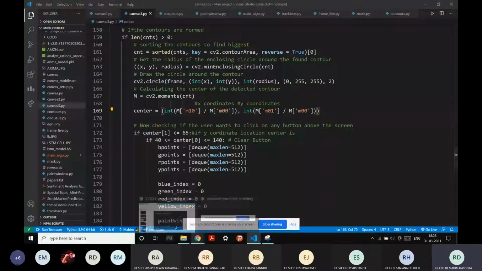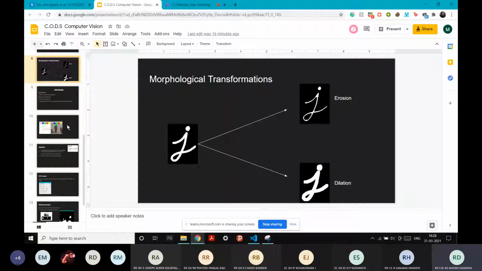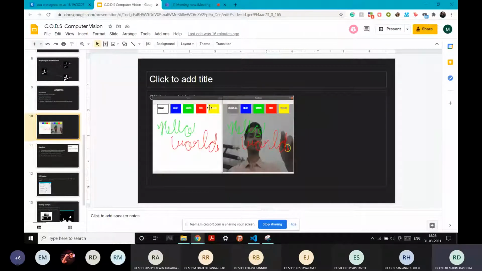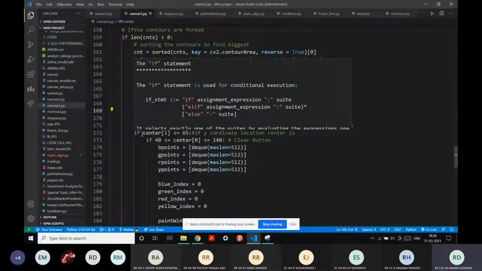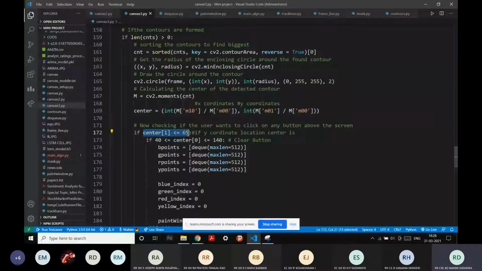How will we know when we should draw and when we should select the colors? Because while drawing, it's doing something different, and while selecting colors, a different process is happening. So as you can see here, if center 1, that is if our y coordinate location of the center is less than or equal to 65.